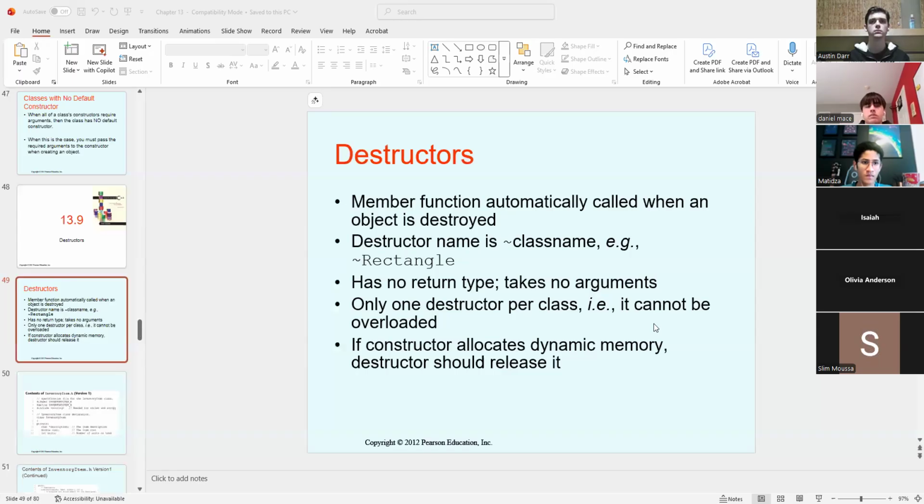Destructors. Destructors are going to be a way for us to free up memory. So you're going to see it on occasion. That's that tilde. I'm pretty sure that's how it's spelled. And we're going to be able to free up memory so that we can use it. Back in the old days, that was really important.